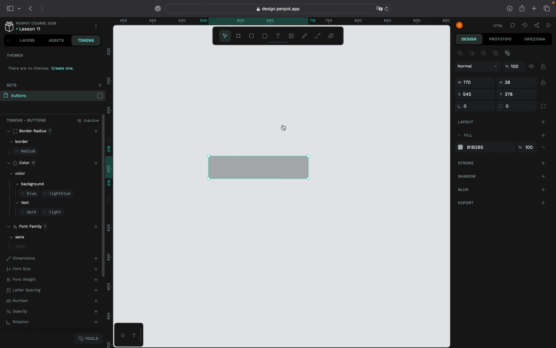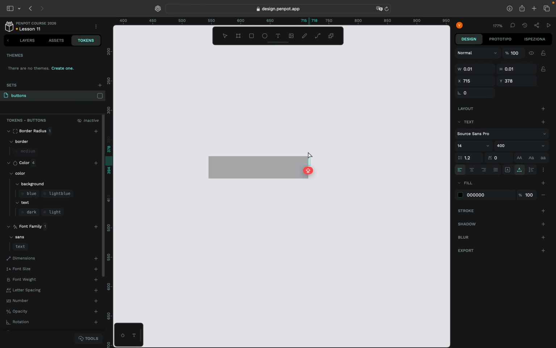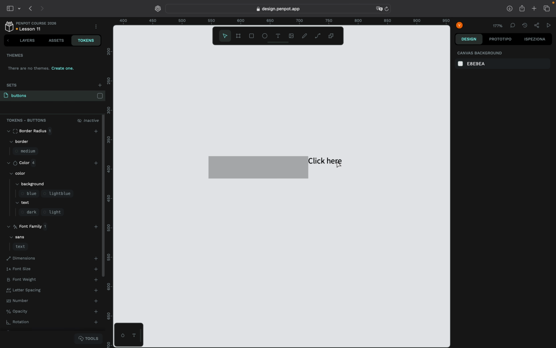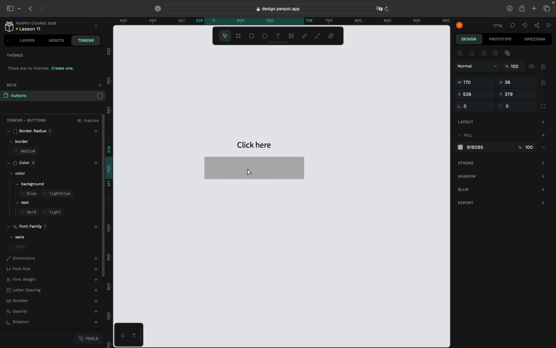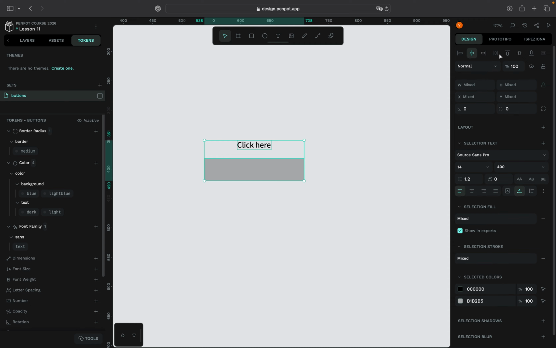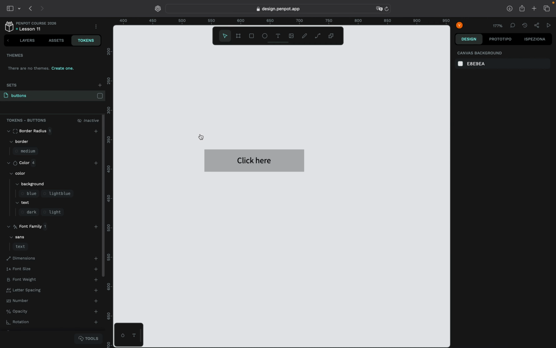Let's create our text. I am writing click here. We're just using a default text for the buttons we're creating in this lesson. Okay, I'll help myself aligning these elements with this alignment tool. Okay, let's go changing our first component using these tokens. First of all,